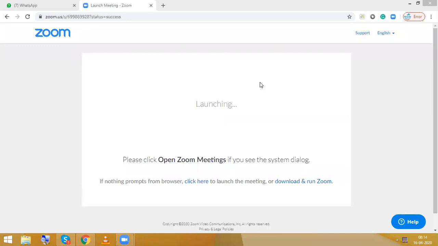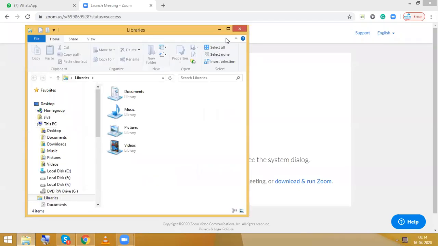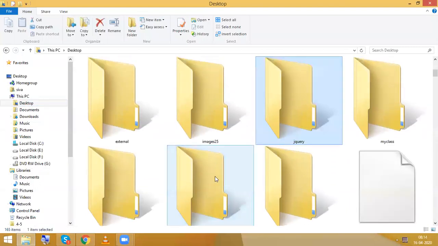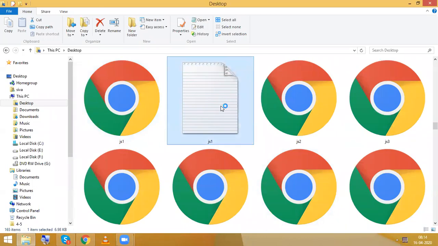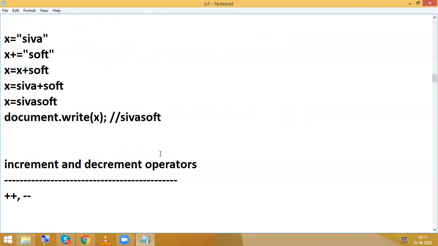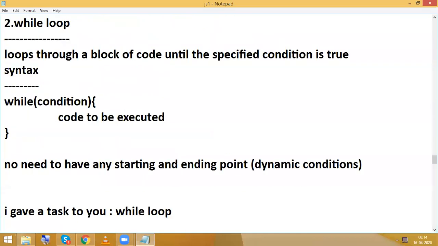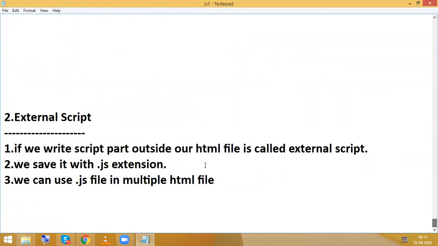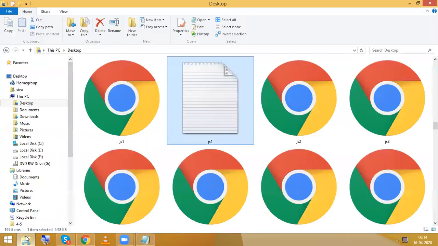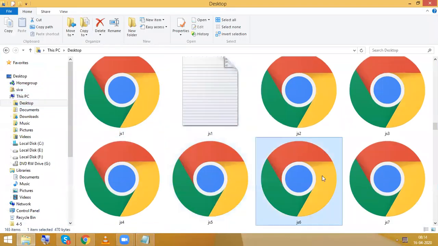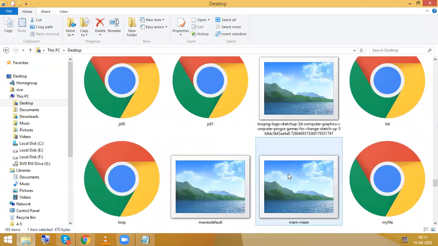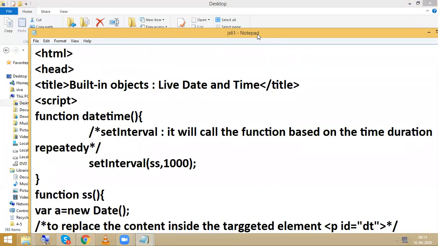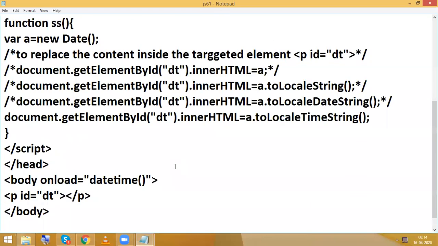Okay, so as the last topic, we are working with the date object.